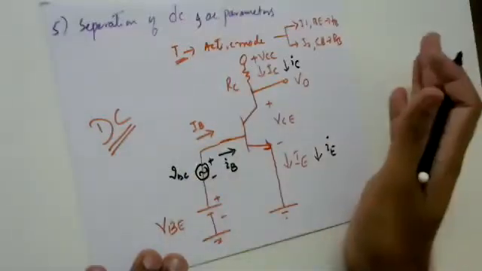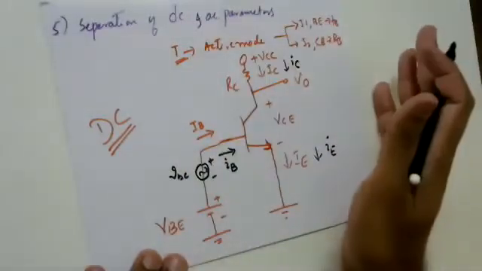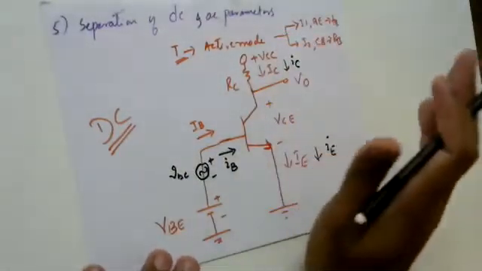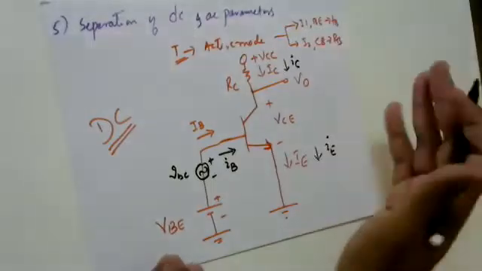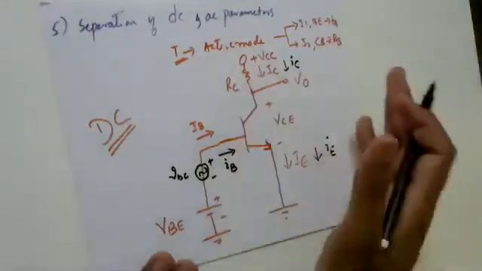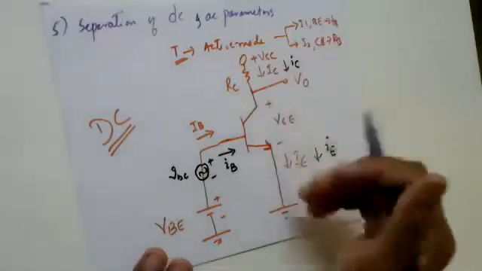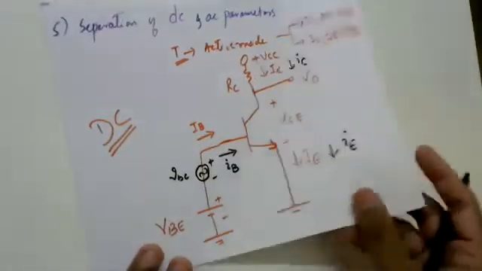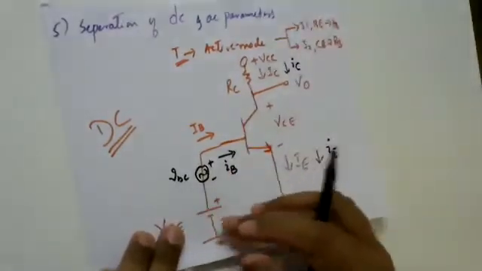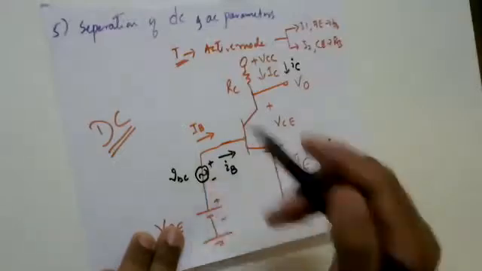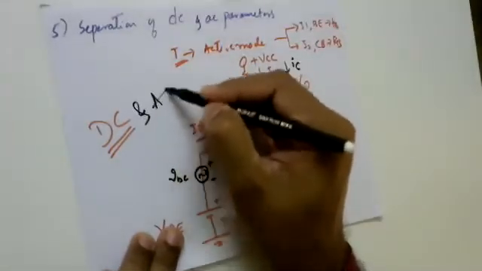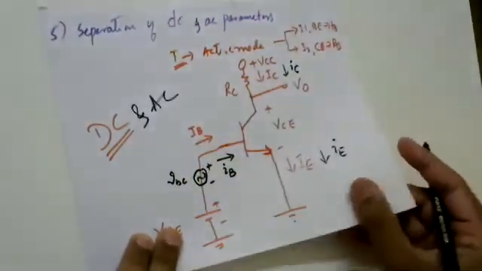In yesterday's interaction, we were able to derive an equation for what is our IB, what is our IC, what is our IE, and we were able to find out the base resistance, collector resistance, emitter resistance, etc. So we initially made only DC analysis. Now this is DC and AC. And now, if I want to draw a circuit for a pure AC, what should I do over here?